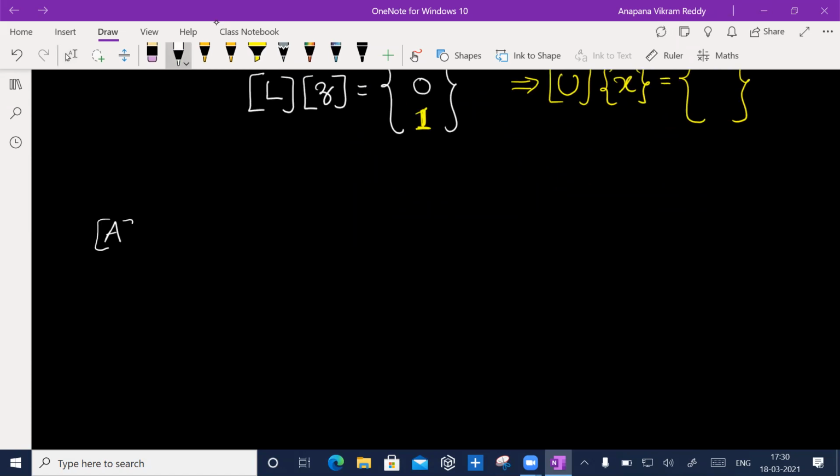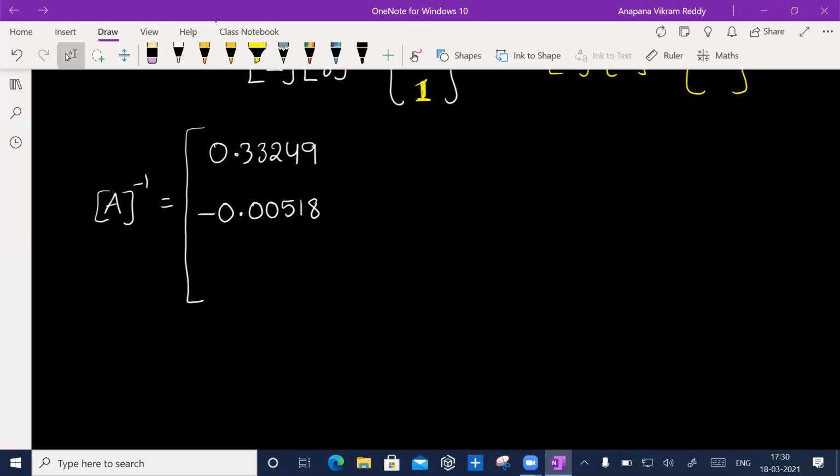So this also we can do in MATLAB. MATLAB is a very easy language. What is the very first column you have? 0.33249, and the second one is minus 0.00518, and the third one is what? Minus 0.01008. And this second column you got